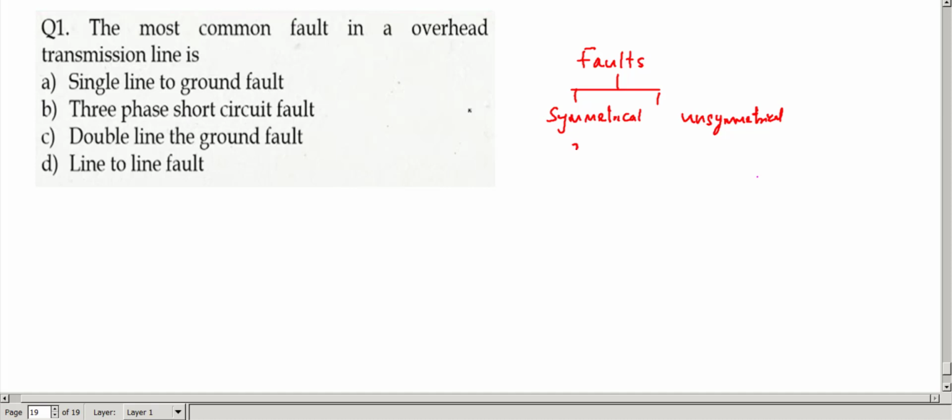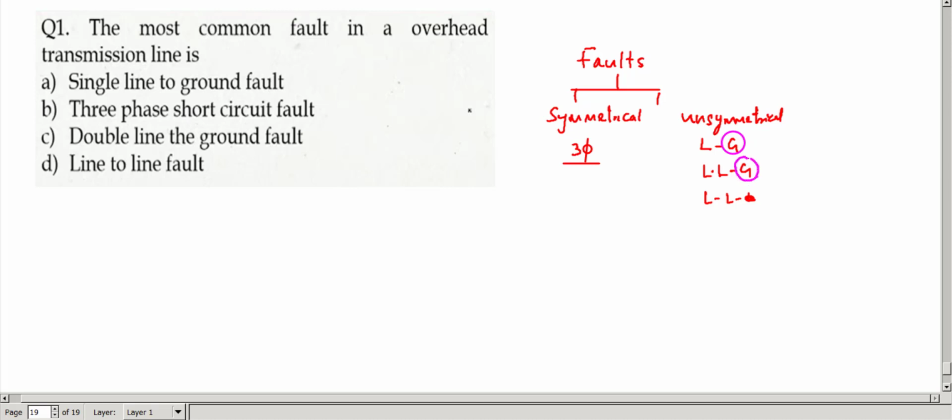So symmetrical faults, you have three-phase faults. Unsymmetrical faults are line to ground fault, double line to ground fault, and line to line fault. Okay, here wherever you have a ground,